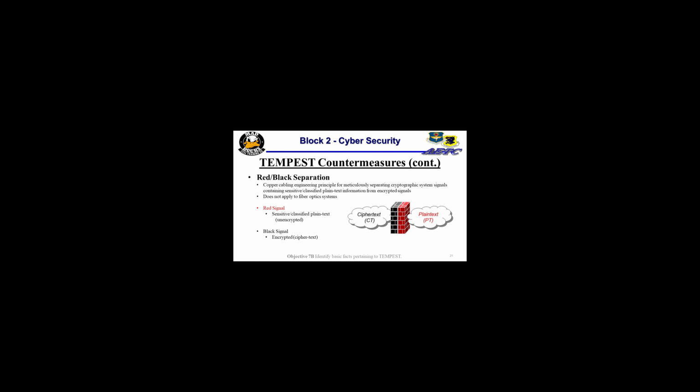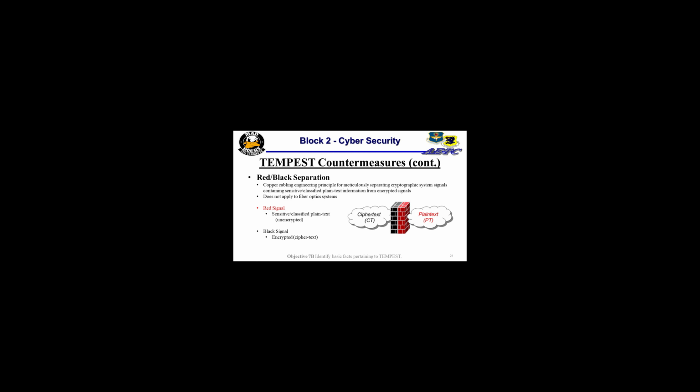If it's a black signal or it's on the black side, this is classified information that has been encrypted. It's now encrypted, you can't read it. It's gibberish. An easy way to remember that is if, when you think about getting that Freedom of Information Act file and they have all that information redacted, all these lines are all blacked out. It's blacked out. It's in the black.